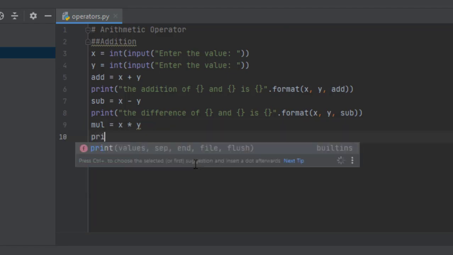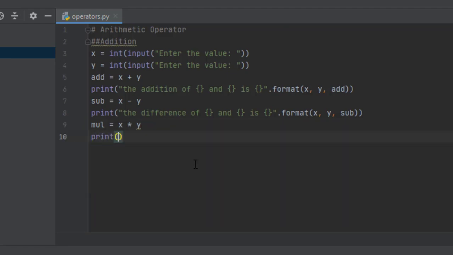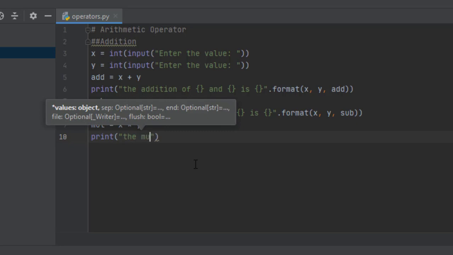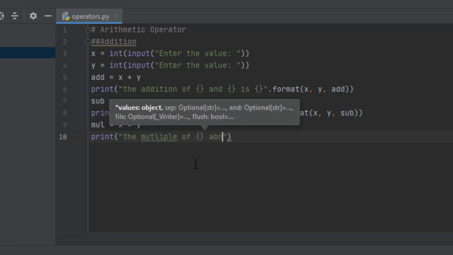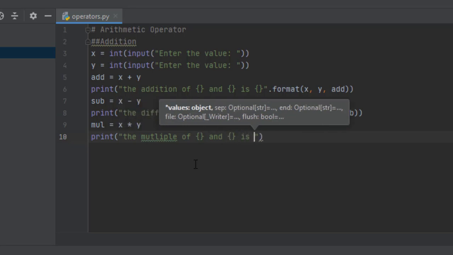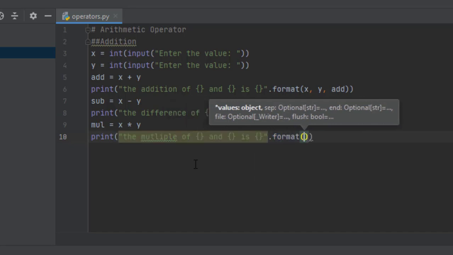So I'll just print the value of multiplication here. Can I say simply multiple of x and y is so and so, and I'll give a dot. Don't give a comma, it will throw you an error.